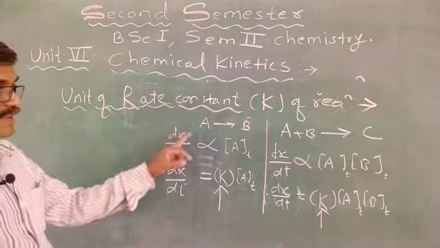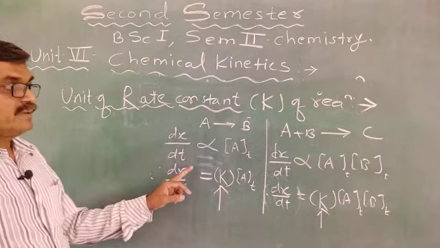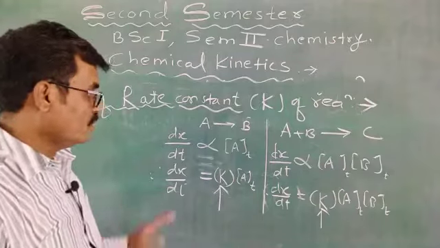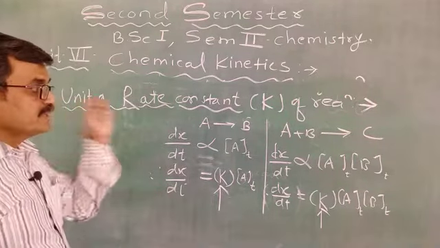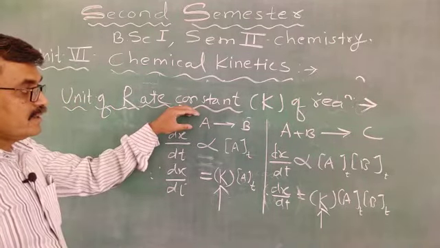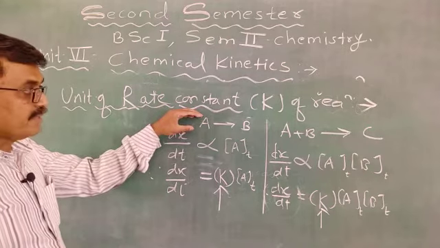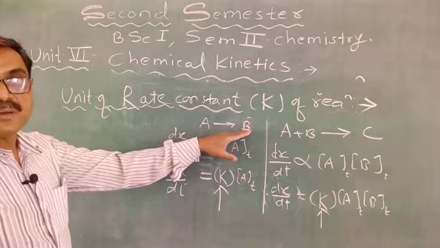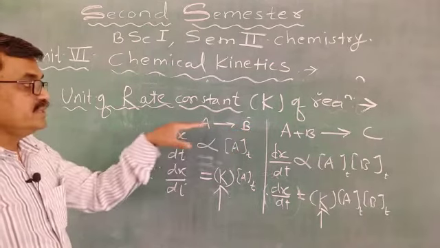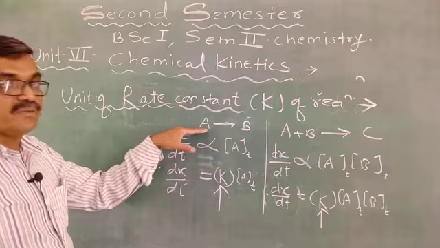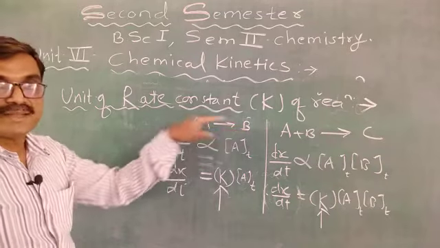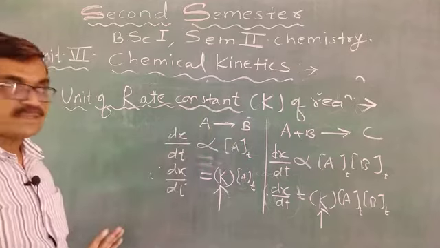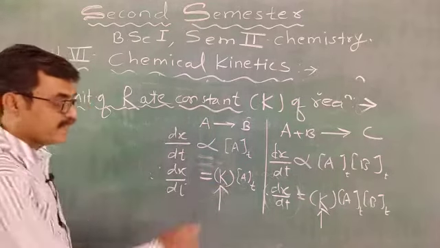Now again, the same reaction is there. Let me assume such a reaction. For this reaction, this is the concentration of reactant, and here the concentration of product. Initially, at time 0, it will be more for the reactant and 0 for the product. As the reaction proceeds, the concentration of A decreases and the concentration of B increases. Now you have to find out K.